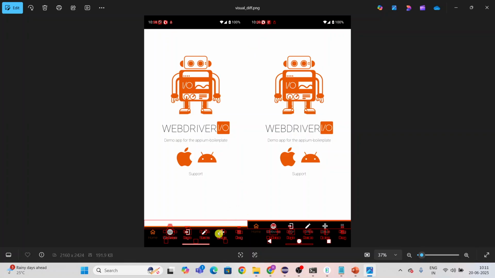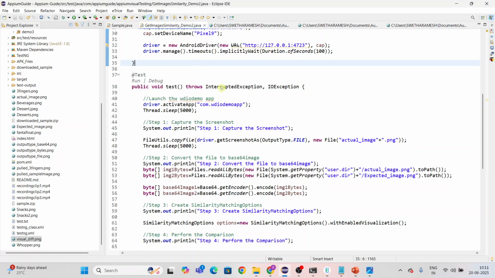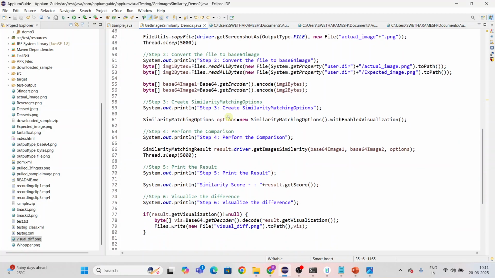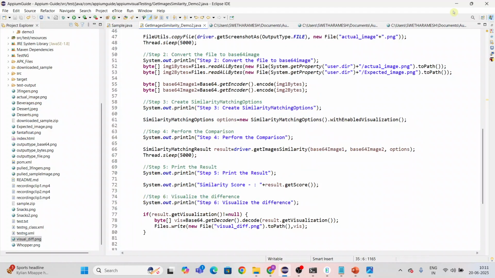See the alignment. The difference is there. Here in this image we have it like this, and we have it like this. So what we will do is use the option called similarity matching options, and I can generate the difference between two images. If you want to generate the difference between two images like this, I have to use the options, mandatory,